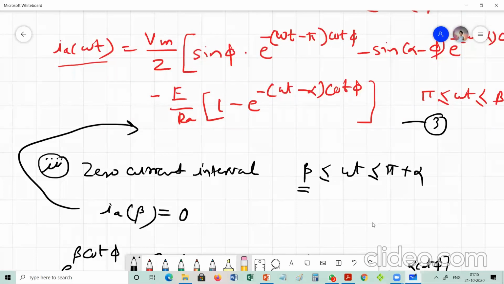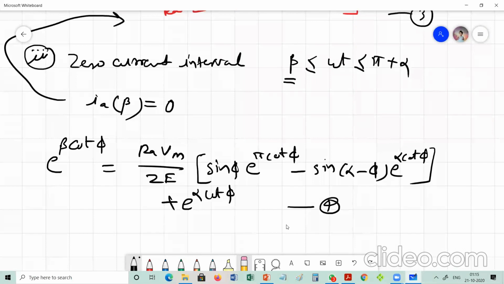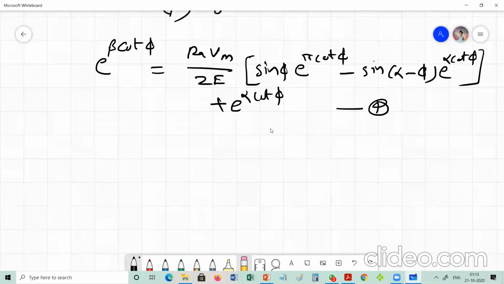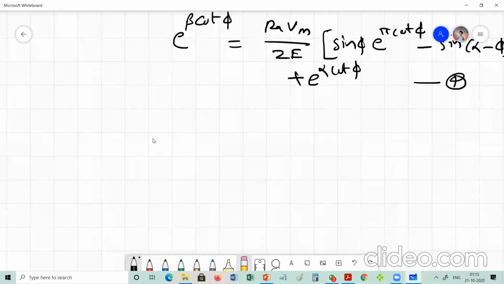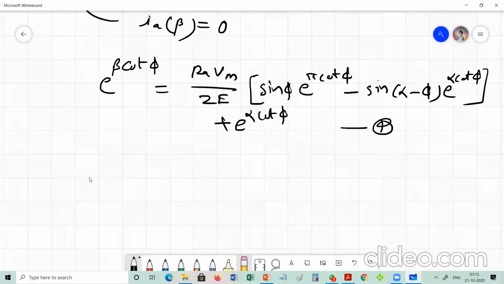Okay, I have given you homework about calculation of the constant K1, the equation of current, the equation of extinction angle, and the equation of the voltage, speed, and critical speed. Please solve that assignment so you will get an idea about these equations. Okay, so this is the part of the current.